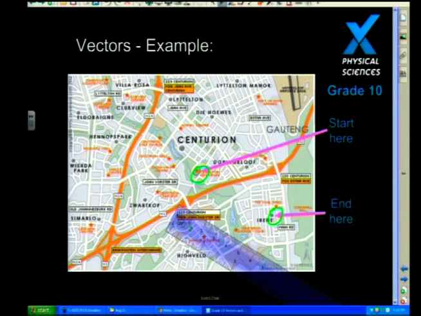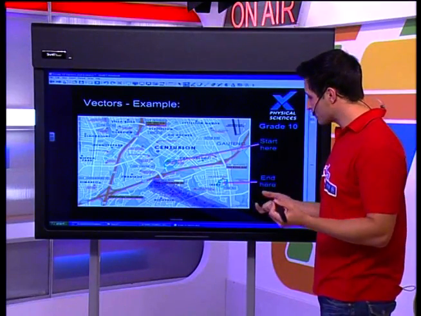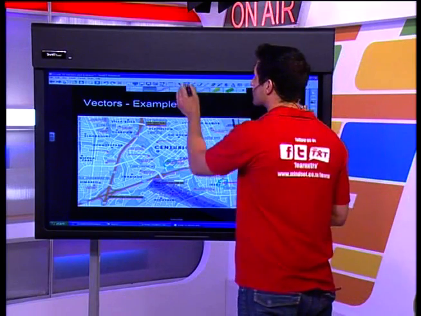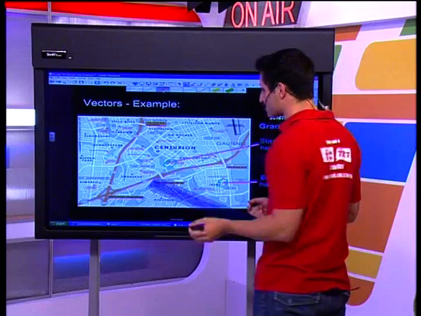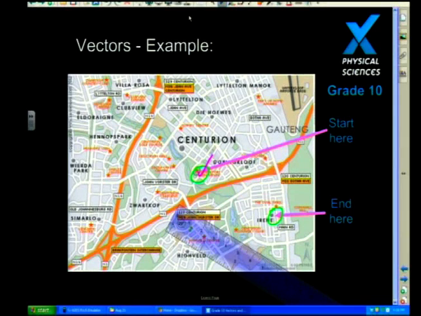Now, what I'm going to show you is the difference between distance and displacement. If you were in a car, this would be your only option. So I get in my car and I start traveling various different ways. That's exactly what I'm going to do: trace out a path. So I start at Supersport Stadium and I start traveling down my first road, and I find that I can only stick to the roads. So there we go. I've got this path and eventually I make this last turn and I arrive at my ending point. So what I've actually traced out is the route which I'm going to take.